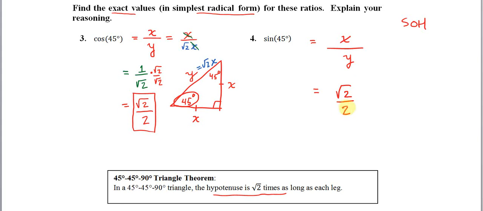Okay. And the reason for this is that if you have a 45 degree angle, you have an isosceles right triangle. So the adjacent leg and the opposite leg of a 45 degree angle will always be the same. So there we have it, two calculations of the sine of 45 and the cosine of 45. And I want to emphasize that we are able to come up with this answer in exact values in simplest radical form. All right, I'm going to end this video here, and we are going to work on another one